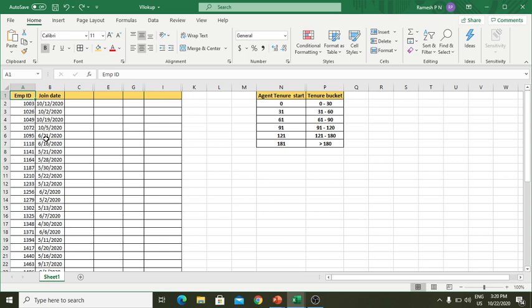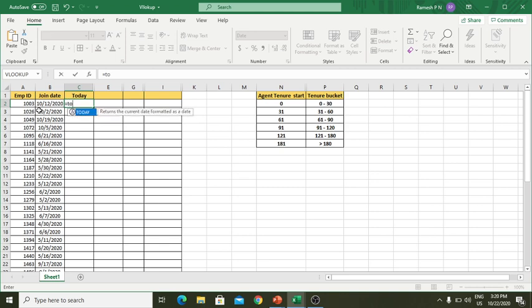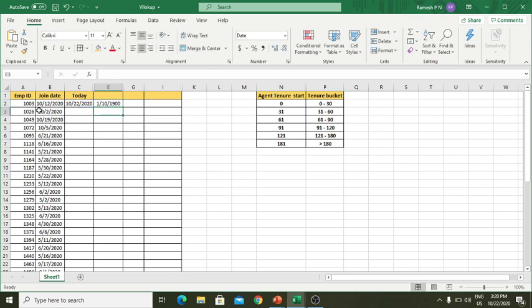Say I have an employee ID and a joining date, and I want to calculate the tenure. I'll use the TODAY function to get today's date, then subtract the joining date from today, which gives me 10 days.